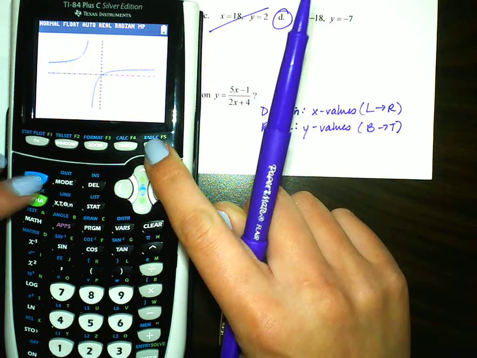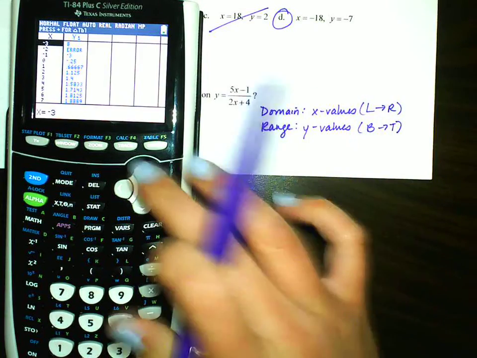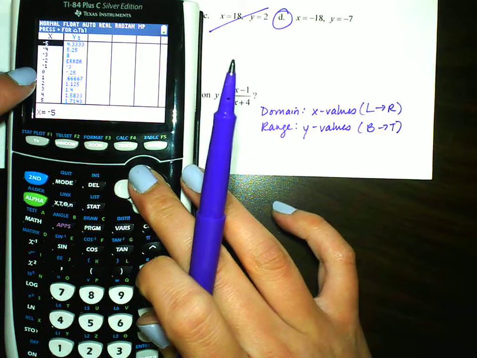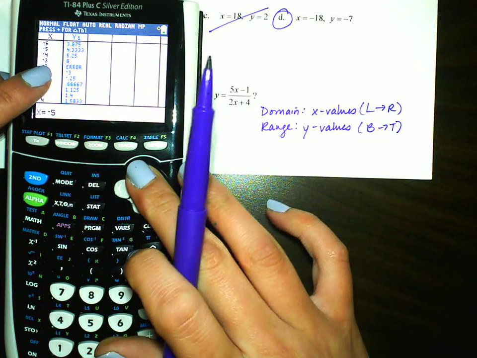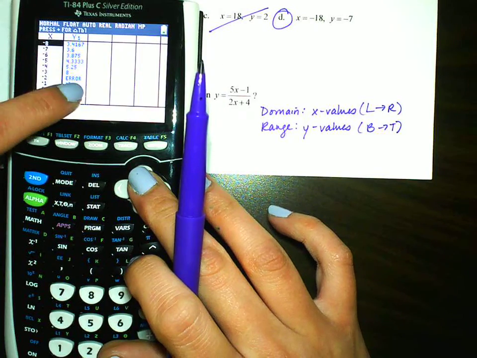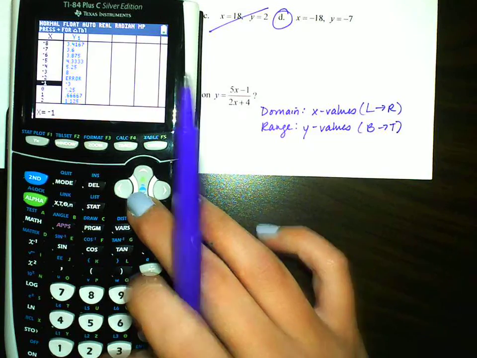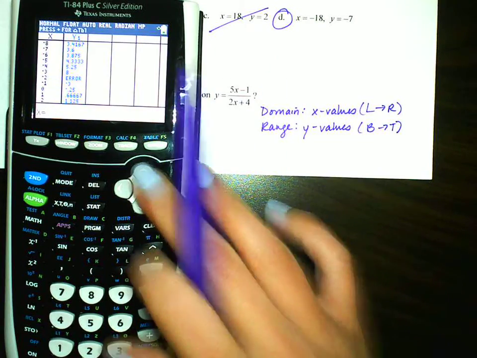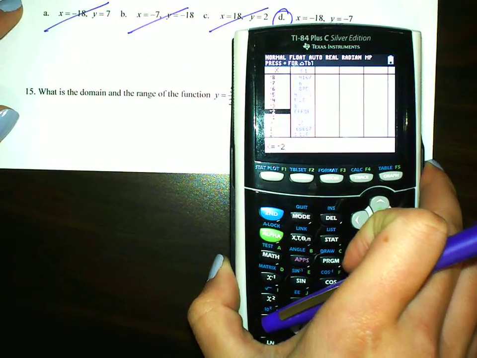So what I'm going to do is go to my table by hitting second graph. And that gap we know for sure is -2 because it has that error. Okay, so an x value is part of the domain as long as you see some kind of number in your y column. Since -2 does not have a number, I know it's not going to be part of my domain. So I'm going to go ahead and write down